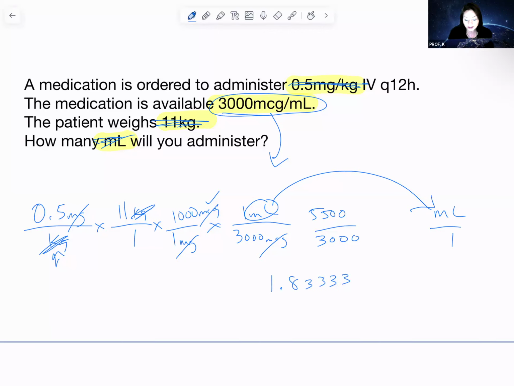My rounding rules, 1 to 10, any number between 1 and 10, I round to the tenths. I look to that number to the right. If it's 5 and up, I round up. If it's not, keep it where it's at. My answer is 1.8 milliliters for another child. You don't want to mess up medication administration for a child or anybody, but that's how important understanding this concept